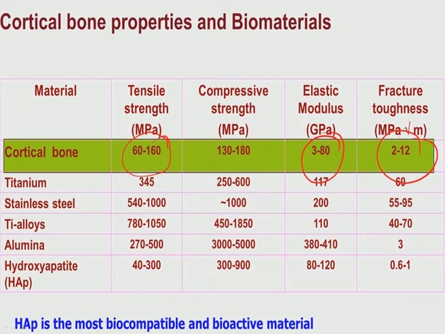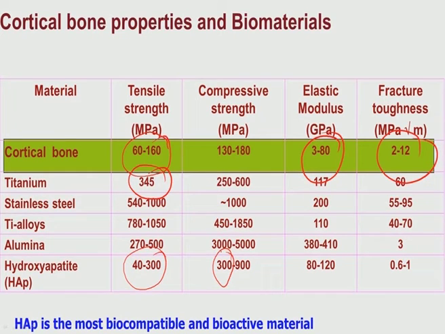Now titanium, for example, has a much higher tensile strength than the bone, that is good. Compression strength of bone is 130 to 180 megapascal, which is lower than many of the ceramic materials, because if you are from a material science background, you would know that compression strength of any ceramic is 8 times that of the tensile strength of that given ceramic, meaning that although the tensile strength of hydroxyapatite can be as low as 40 megapascal, the compression strength of the same hydroxyapatite composition can be as high as 300 megapascal. So, it is close to 8 times higher than tensile strength.